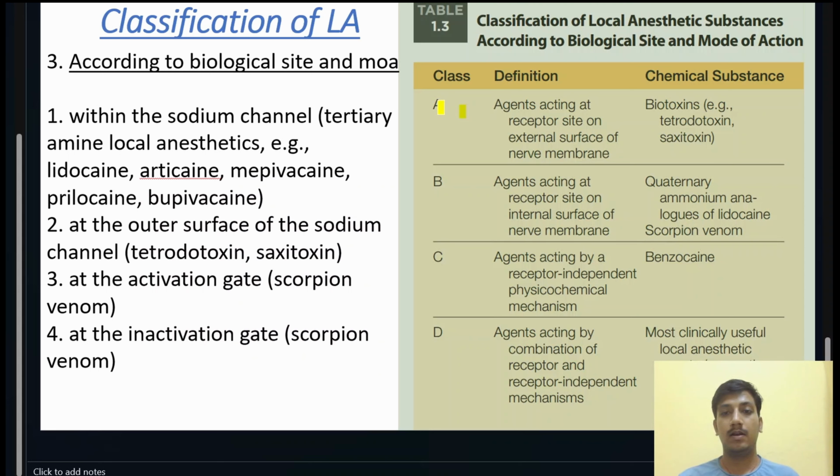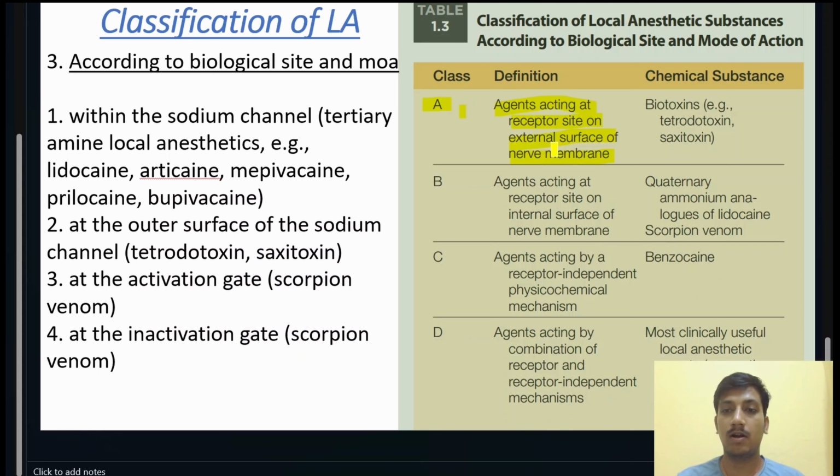we can see that class A. Class A is the agents that act on the receptor site on the external surface of the nerve membrane. This is the most important point. Please remember at this point that the agents which act on the receptor type on the external